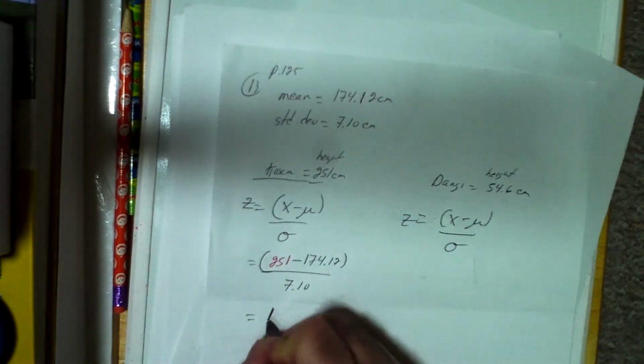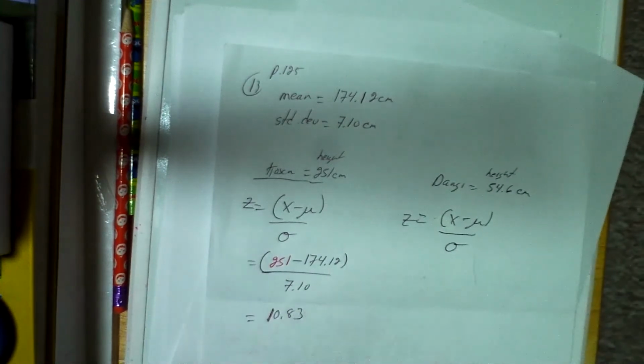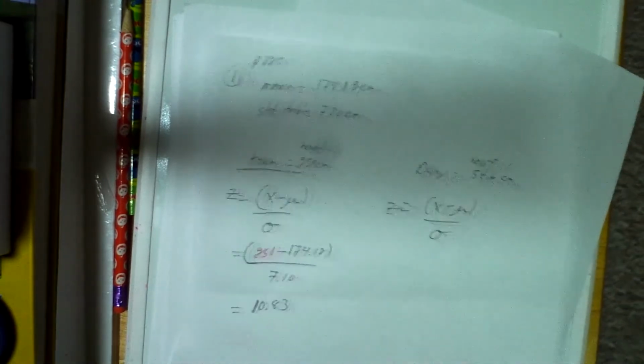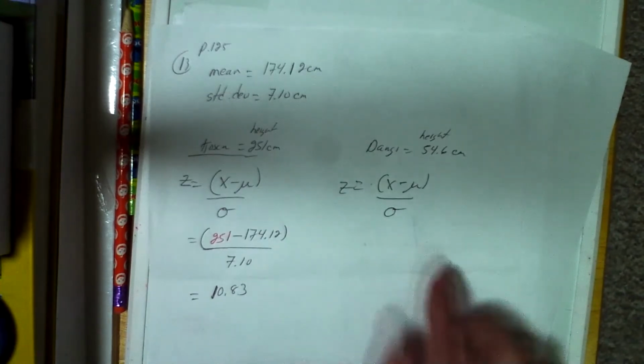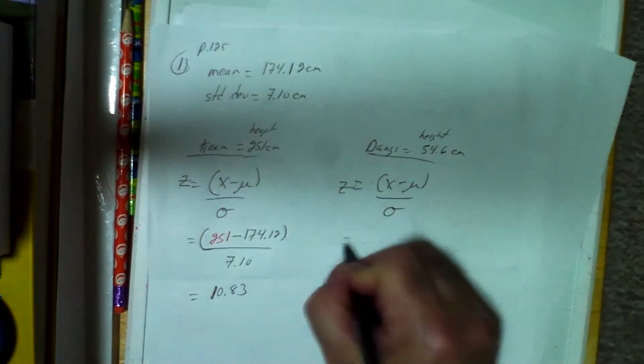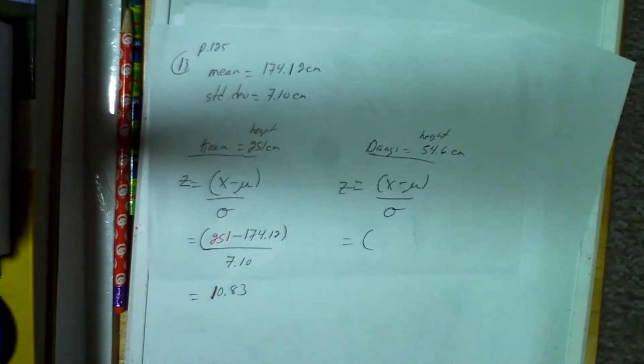10.83. Okay, 10.83. That's Mr. Kosen's z-score for height. Okay. Now let's do Mr. Dangy's. I'm going to plug it in. His was